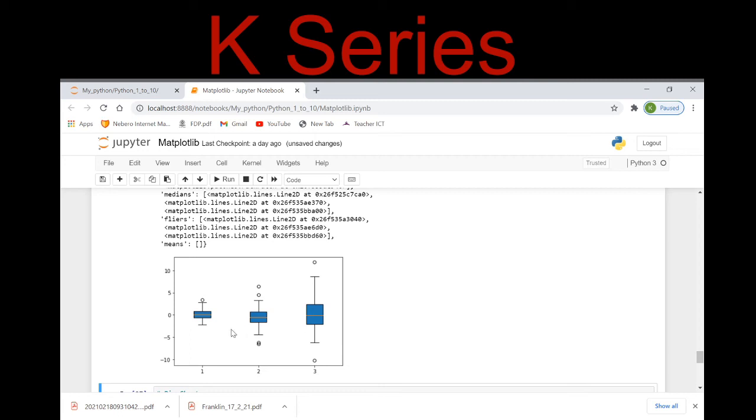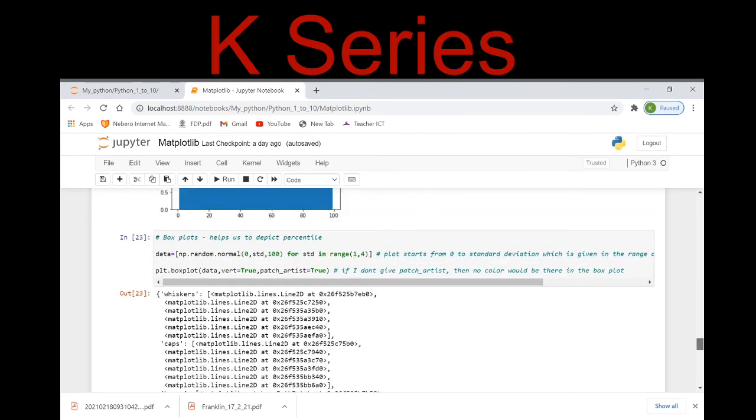me any color. And see here, this is the 25 percentile, this line says this is the 50%, and the line here, this is the above, this is the 75%. It starts from 0, 25%, 50%, 75%, and this is 100%. And above this 100%, if you have any, these are considered as the outliers. See here, these are all the outliers, below 0 and above 100. These are all the outliers which box plot is giving us.